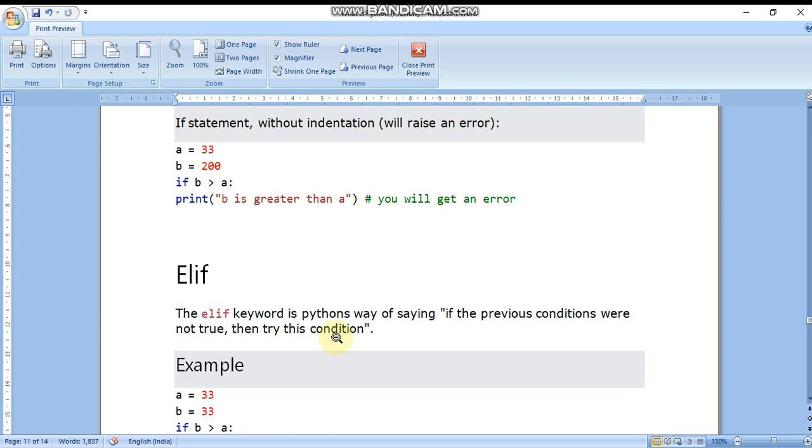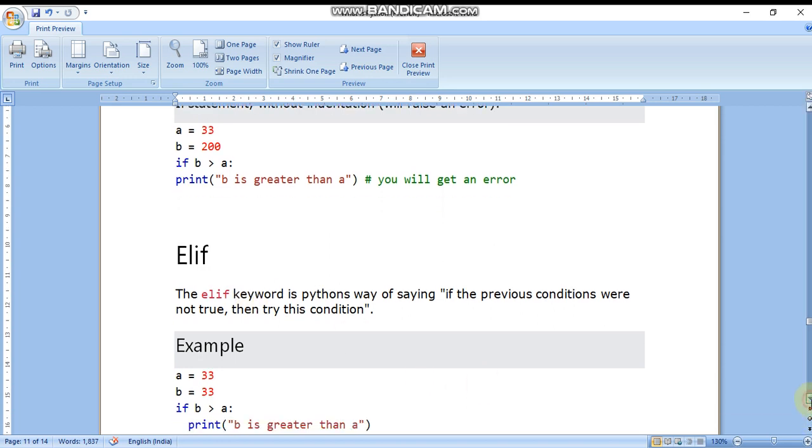If you want to calculate a grade, the condition is: if your marks are between 90 and 100, your grade will be A. If your marks lie between 80 and 90, the grade will be B, and 70 to 80, grade C. Like this, if you want to check multiple conditions, you have to use the elif statement.